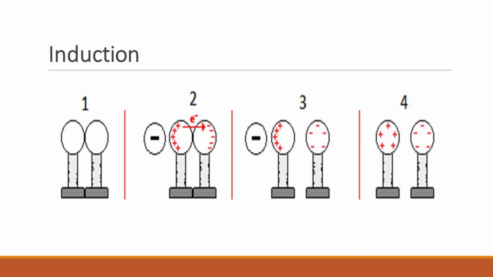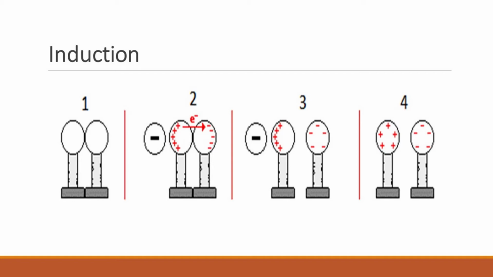What happens is that for the object on the left, the side of the object that is close to the negatively charged object will have positive charge, since its electrons are going to be repelled by the object with negative charge. So the object on the left will have electron deficiency, and the object on the right will absorb all the electrons repelled by the negative